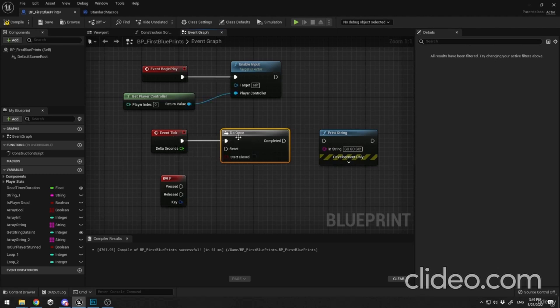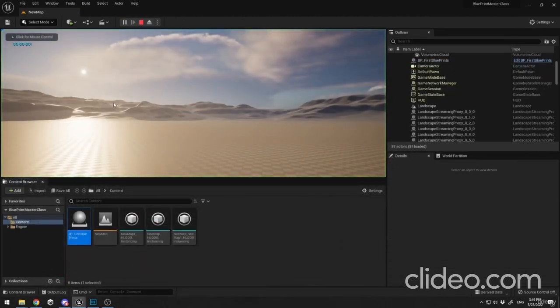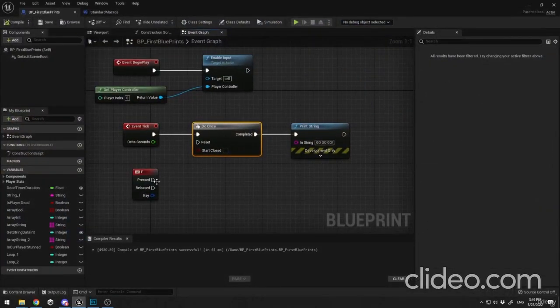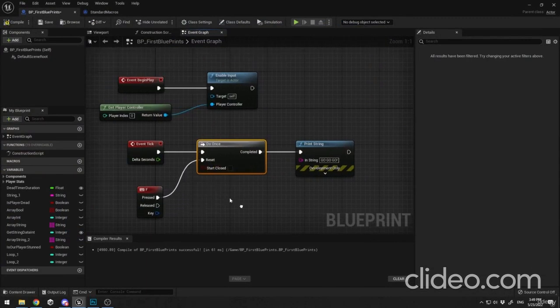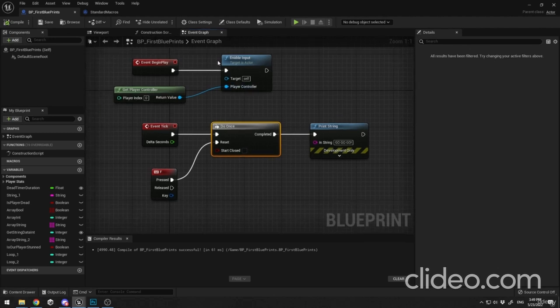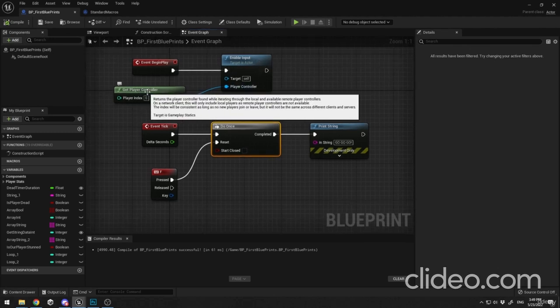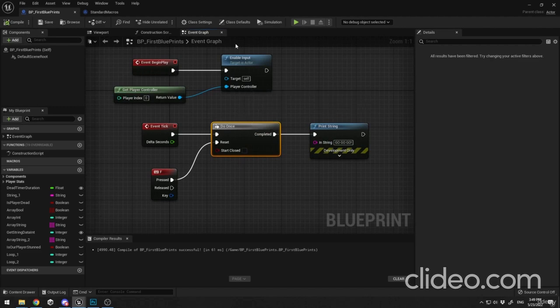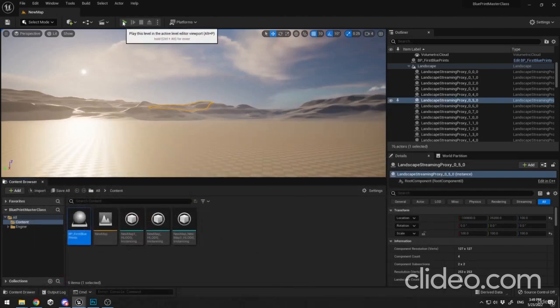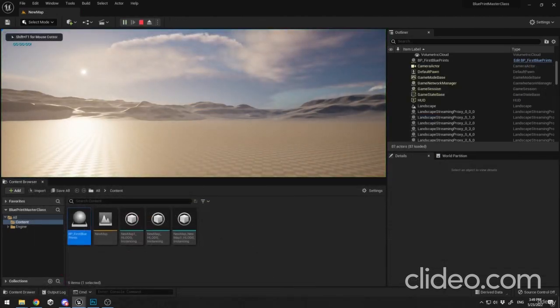So if I connect my event tick to this one, it's going to be called only once in those 60 frames that we have set up for our game. And if I connect it over here, I'm gonna compile and save, and it's gonna print my string only once. All right. And if I connect here my F from the previous lesson, and I'm gonna leave this Enable Input and Get Player Controller in order for my keyboard to work, I'm gonna compile and save. It's going to play this go, go once,